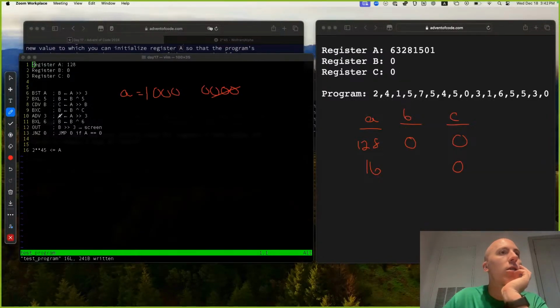B started off at 0, and B is the most complicated one out of them all, because B has 1, 2, 3, 4 steps and is involved in the output. A only has 1 assignment and C only has 1 assignment. But B is pretty complex. So let's see what's happening with B. Let's say B2 is equal to A shifted over by 3, and then